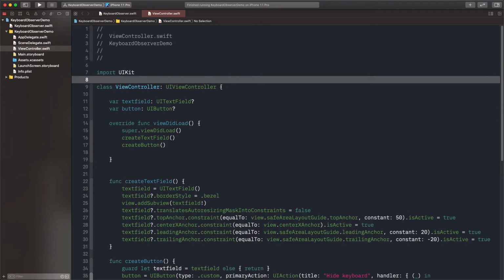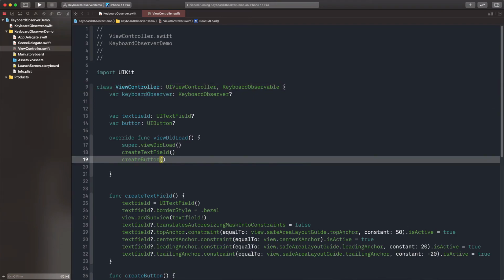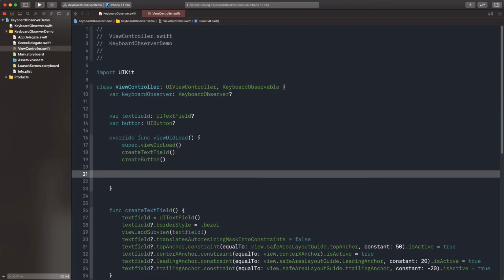Time to see that in action, so let's switch to the view controller class. But first, let's adopt the keyboard observable protocol. Then, it's necessary to declare the keyboard observer property required by the protocol. Even if we don't explicitly do it, Xcode will suggest to do so. In viewDidLoad, we can now use the protocol's start keyboard observing method. Here, we'll simply show and hide the button that misses the keyboard, and we'll print on the console the keyboard frame in order to verify that it's actually coming from the keyboard observer class. That's our last action, so here it is.